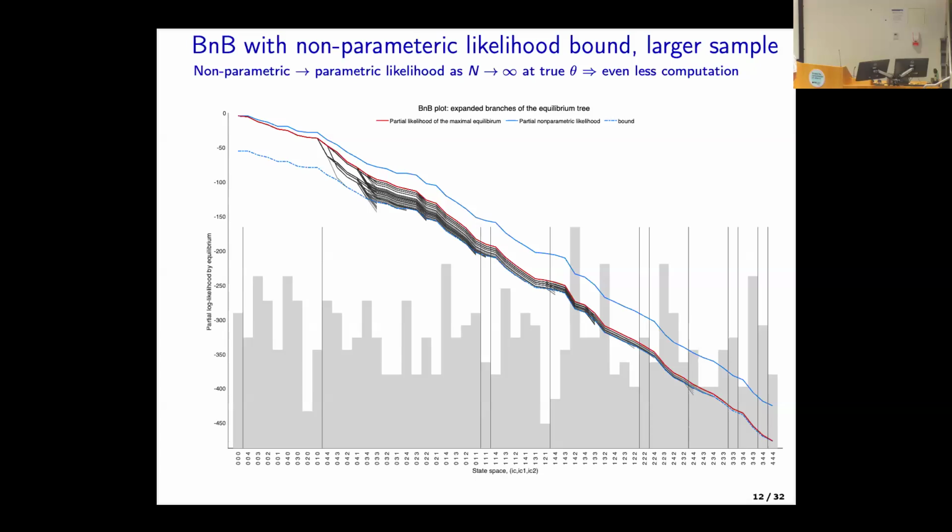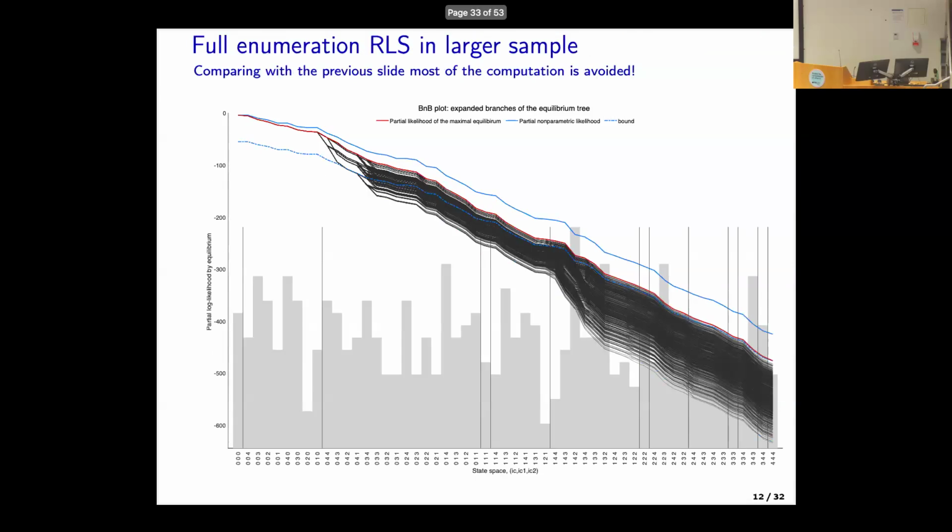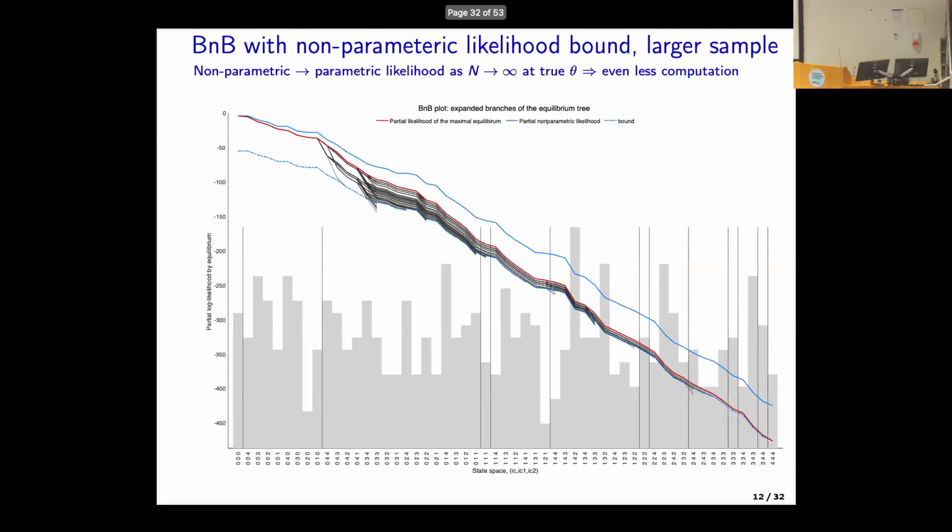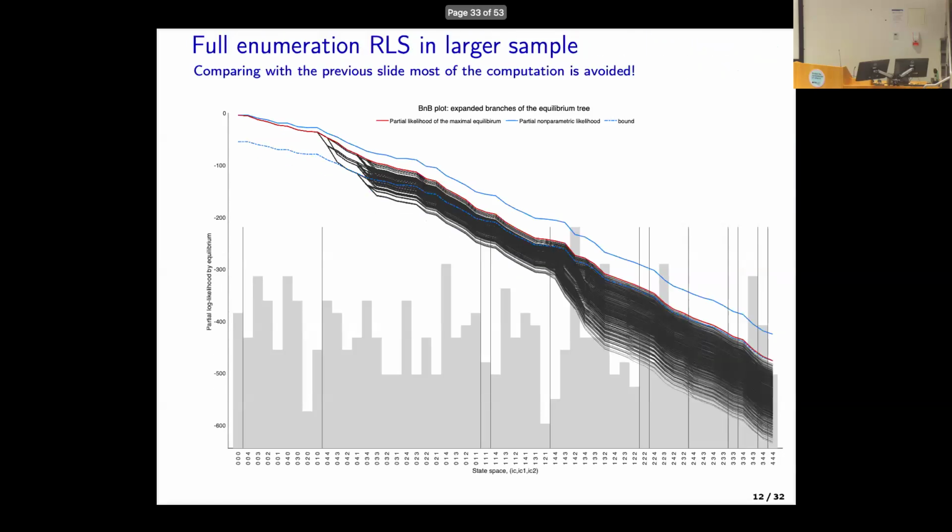We'll see in Monte Carlo. But at least that's the potential, right? The promise is that if you have informative data and if you're not too far from the truth, then there is a potential that you don't have to do this heavy computation of enumerating equilibria. Essentially, this becomes really informative in which parts of that RLS tree you don't even need to go to. And then you're cutting out a lot of subtrees. So that's a comparison, right? So we're now with the larger sample size, we're cutting out most of the computation in the solution of the model.